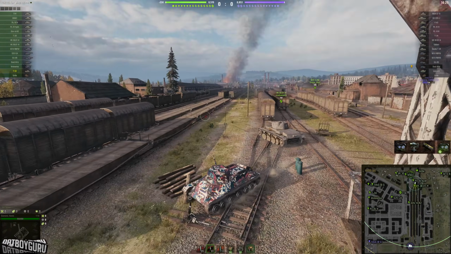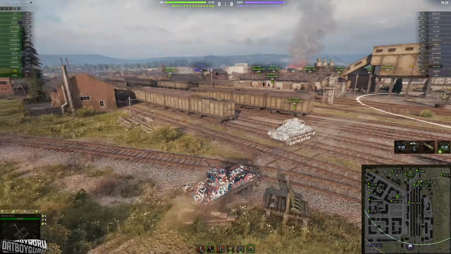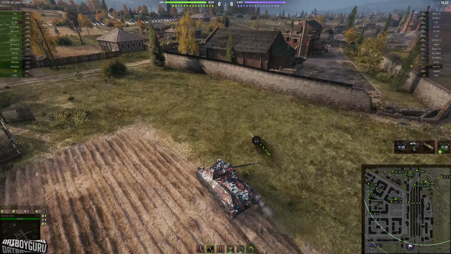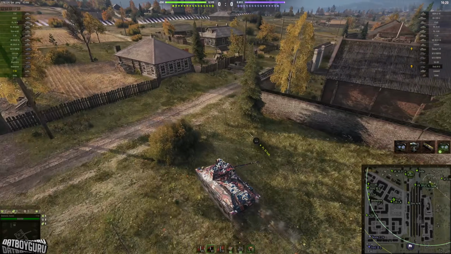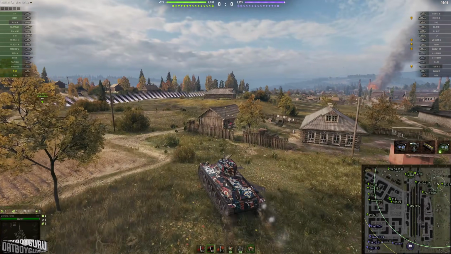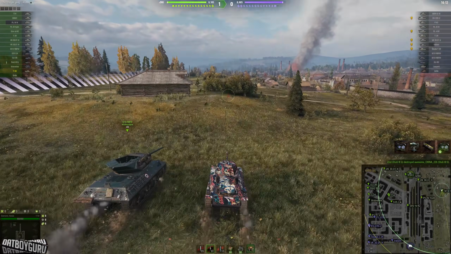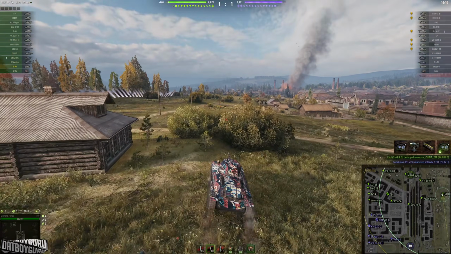I'm trying to catch out people who are crossing the tracks, so I'm driving close to where the rails are, where the carriages are, so that I could spot them crossing. This would be useful information for my team. So I didn't catch anyone crossing the rails, so it gives me